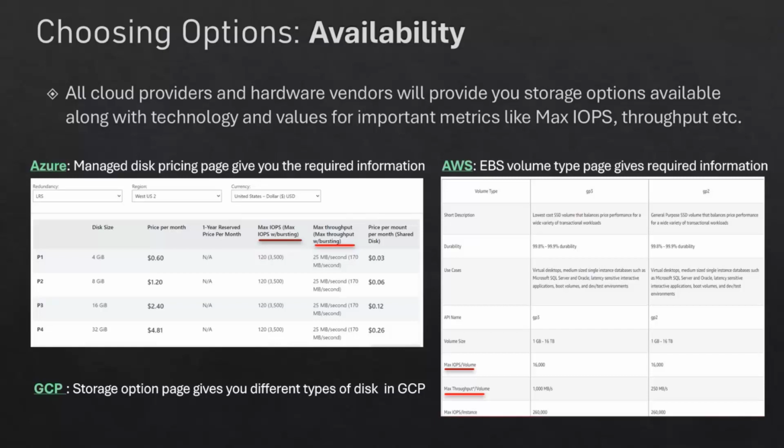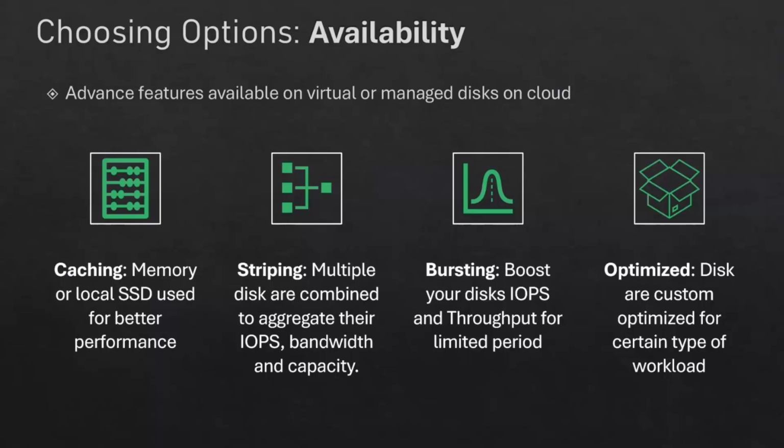Similarly, AWS provides something, and GCP also has some things additional to the basics we have seen. So when choosing an option, you have these advanced features. Like what memory or local SSD is used for better performance. That is caching. You have a disk and you have the requesting process, and in between there is memory, which is an SSD, used for caching. So your data will be cached. Normally SQL Server has a buffer, but this itself provides a caching mechanism where your data will be stored